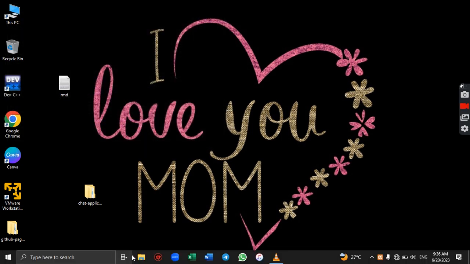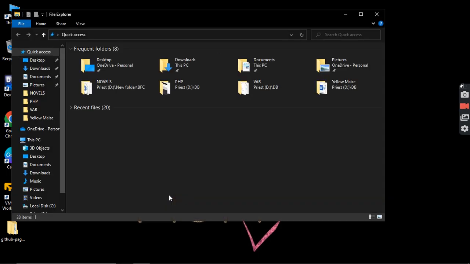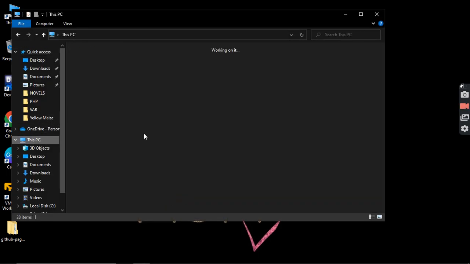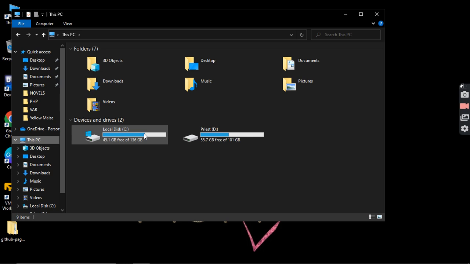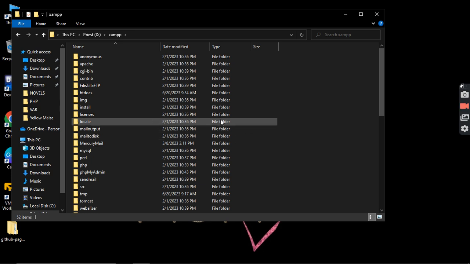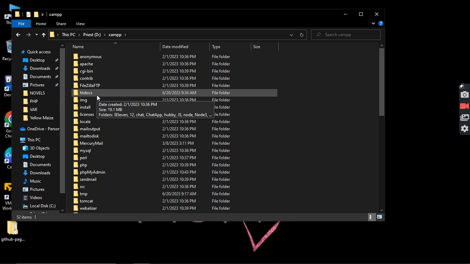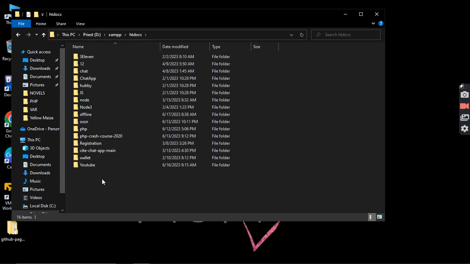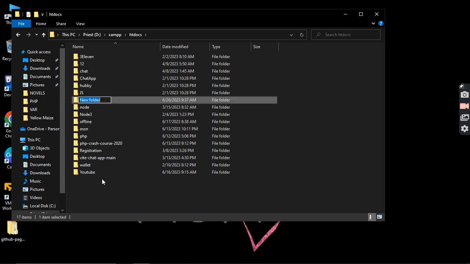When you are done with that, you go to the location where you have installed your XAMPP and you launch the XAMPP folder. You open the XAMPP folder. You would have it on your local disk if you didn't change the location during installation, and you select the htdocs, and here let's create a new folder called